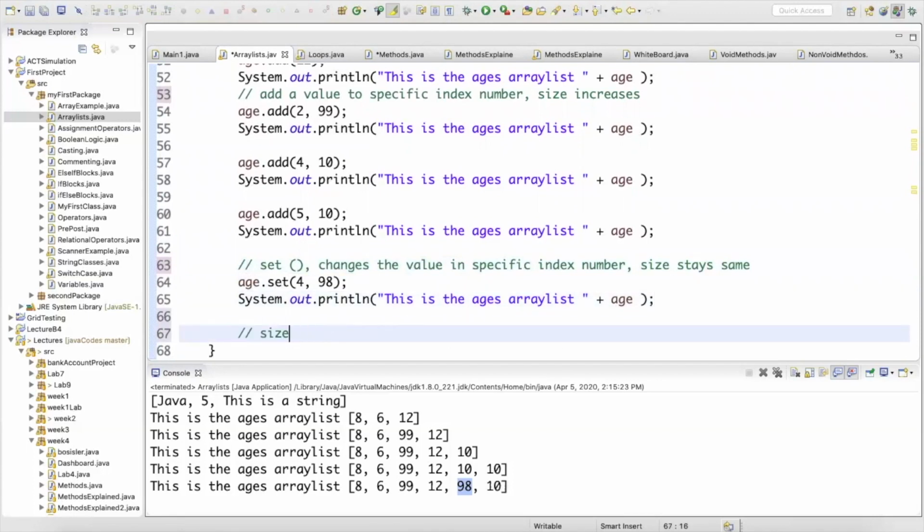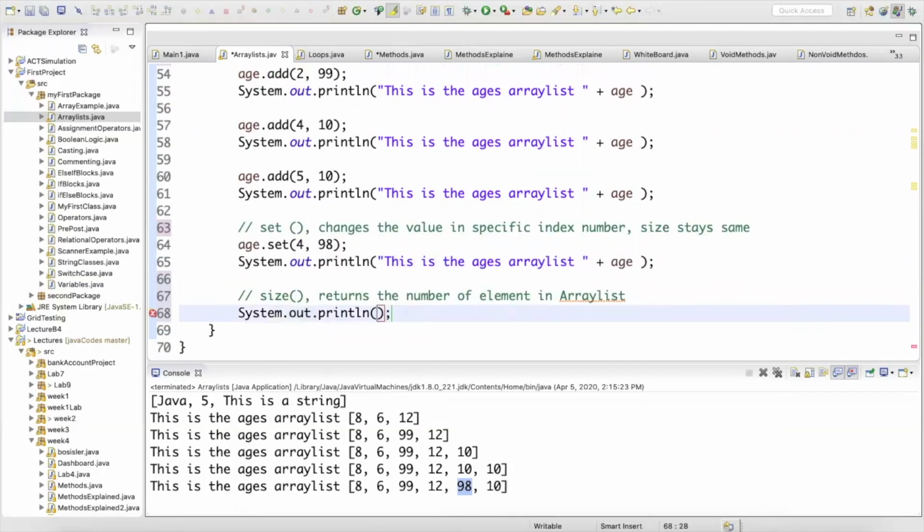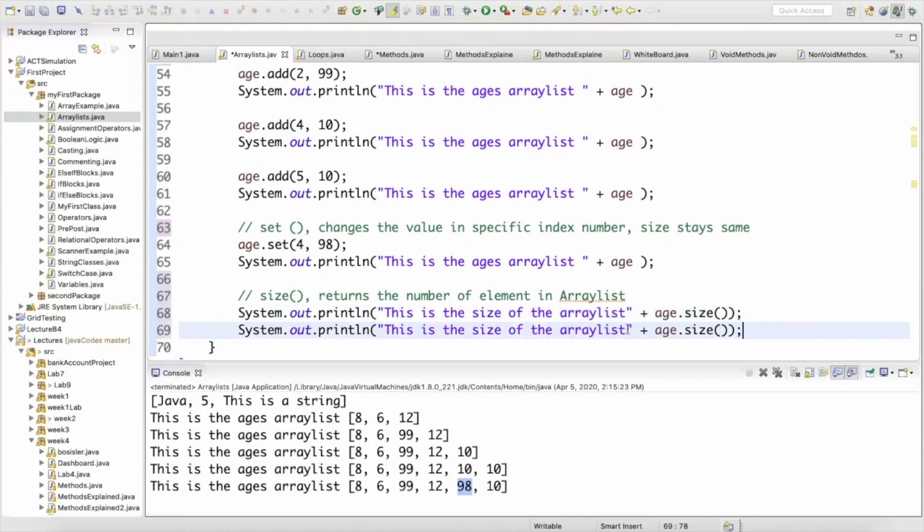Now I will show you guys the size method. This is another important method, and the size method returns the number of elements in the array list. I'm using my printer method, and I will say this is the size of the array list plus age.size. And also I would like to find what the highest index number in my array list is. The highest index number in the array list is always size minus 1,